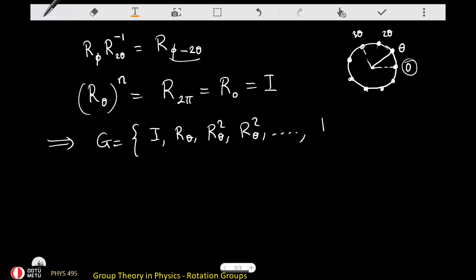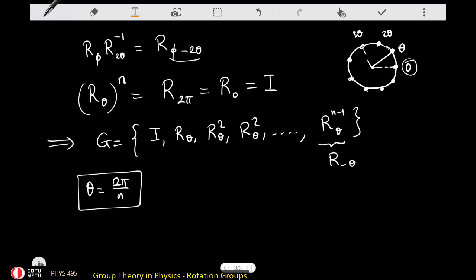Right? So therefore, the largest power would be r to the power n minus 1 theta. That would essentially correspond to a rotation by minus theta. Right? So if that's the case, in that case, theta would be equal to 2 pi divided by n. Right? And in that case, the group is this group. And you can see that this group is a cyclic group. So G is a cyclic group